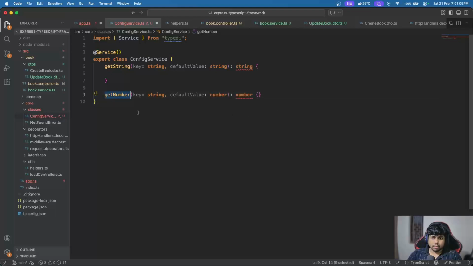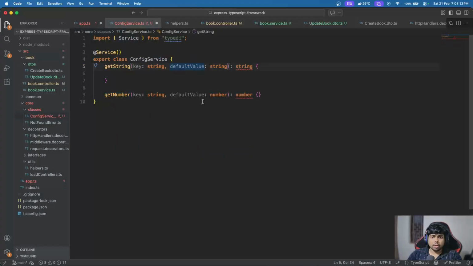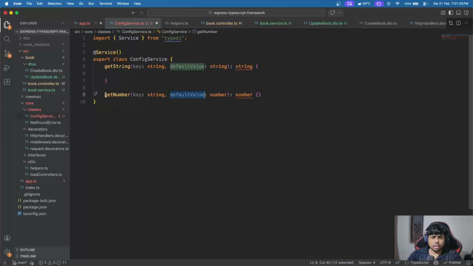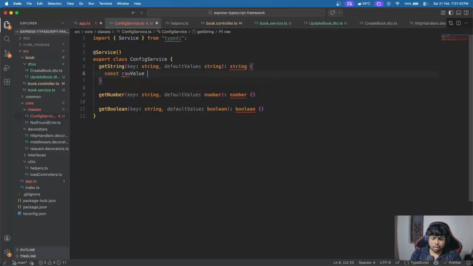So getNumber, of course the key is a string, so this will always be a string, and the default value will be a number in case we are trying to read a number. And we will have a similar one for boolean. So I will update. Now coming to the string part, I will say const rawValue equals